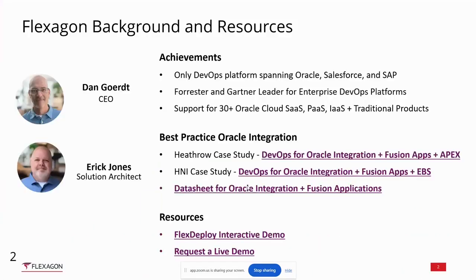And so, as Jürgen mentioned, I lead Flexagon, and we're an ISV and an Oracle partner, a software company that provides a DevOps platform for Oracle and beyond. You see some information in terms of our achievements. There's some links here that I think will be shared with you in terms of some best practices and specific